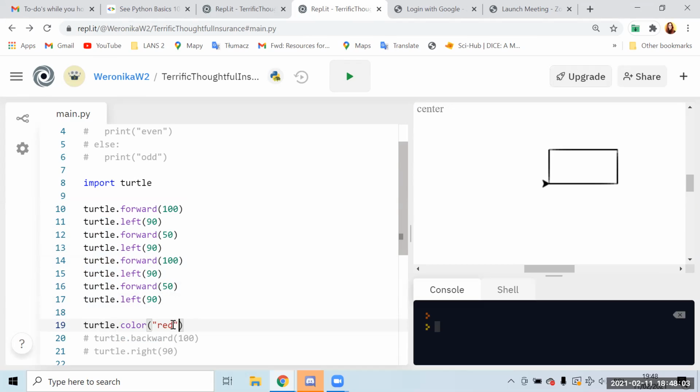And in the apostrophes, so quotation marks, you can select a color. So if I'm changing the color, if I'm using the color function, the color of the turtle will become red.